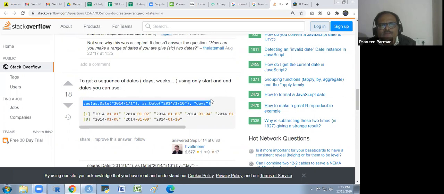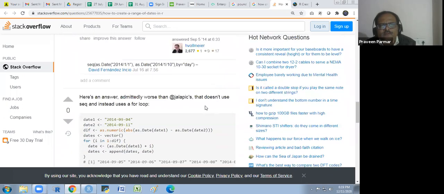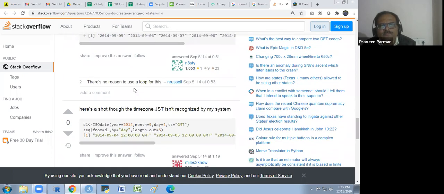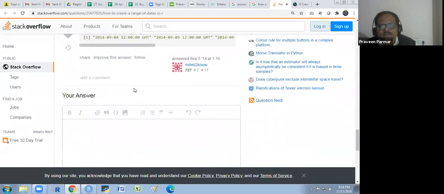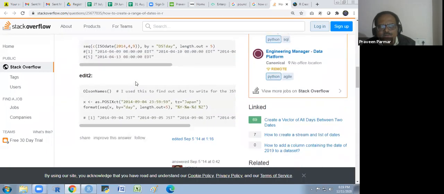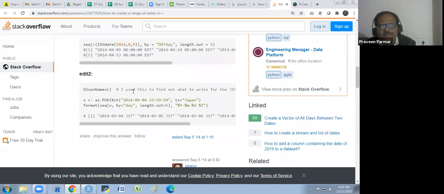This is the simplest way. And date 1 and date 2, and we could use the loop also. There are so many ways to do this thing. You could apply any one, whatever you want as per your requirement.